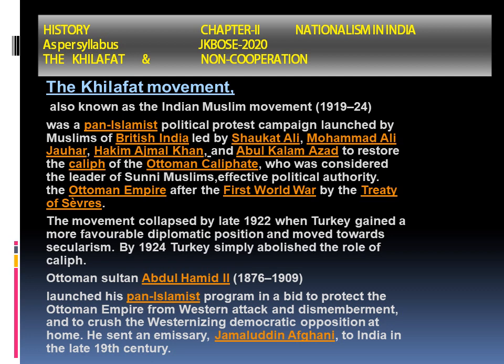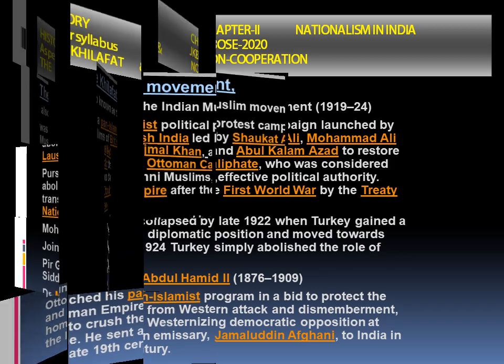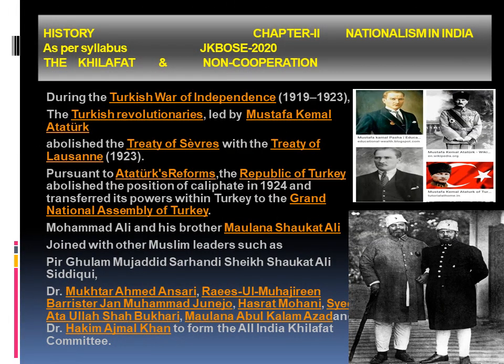So he launched a pan-Islamic movement around the globe, and he wanted to protect against the dismemberment and Westernization. That was a concept of a democratic structure of government, which was totally opposite to the Khilafat. He sent an emissary to India. His name was Jamaluddin Afghani. This resulted in the Khilafat movement in the Indian subcontinent against the Britishers, because it was the British who